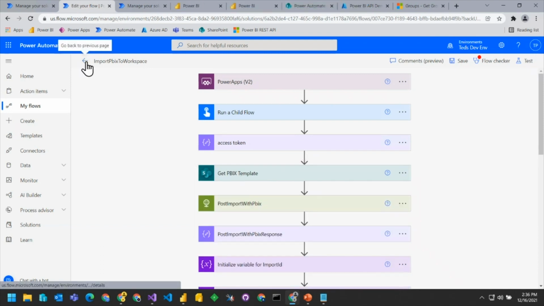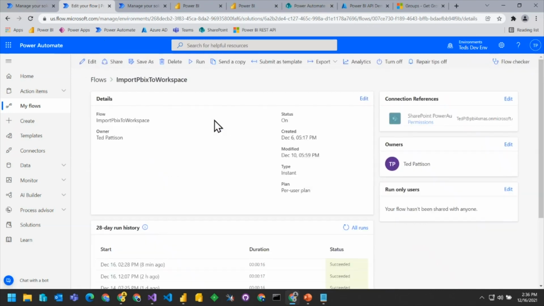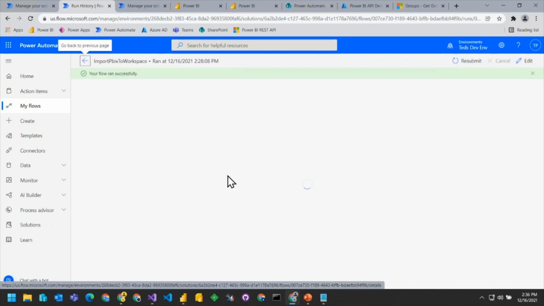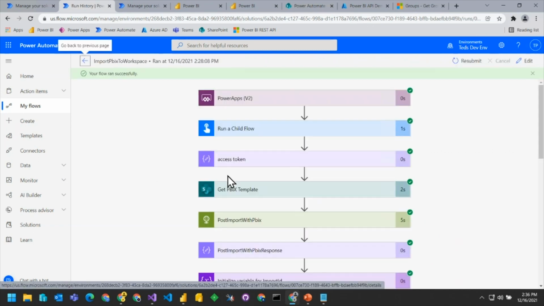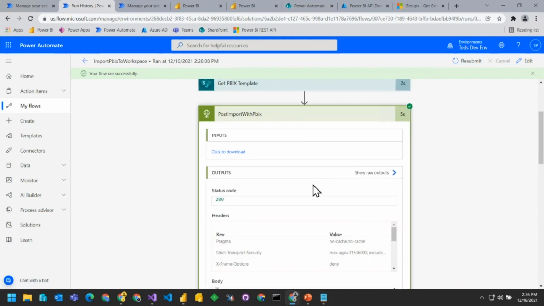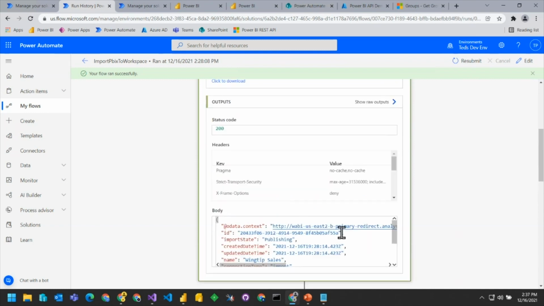Now, one of the things that's a little bit tricky about this type of flow is that when you call PBIX import, what you'll find is that it returns right away, but not necessarily with any data about whether it's done.